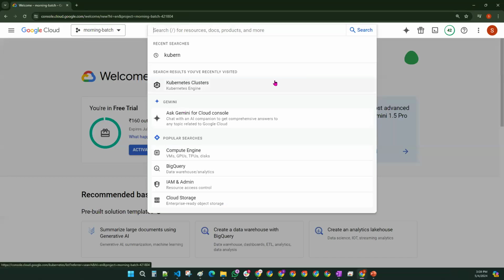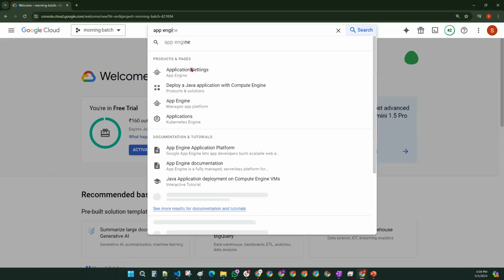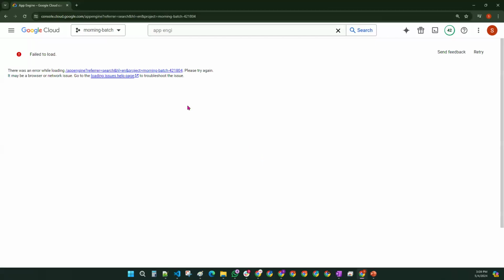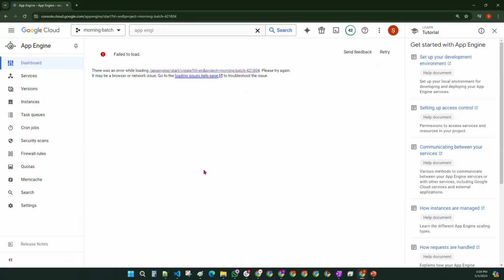Maybe I have already told you for the Kubernetes cluster as well as Cloud Storage. And tomorrow you want to work with Cloud Run or App Engine, for example. So for App Engine also, the scenario is the same. For every resource you want to create, we must select the